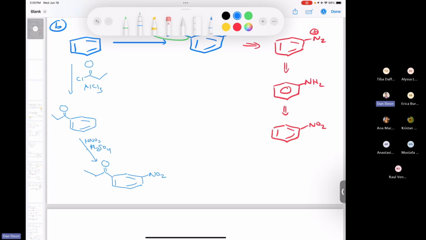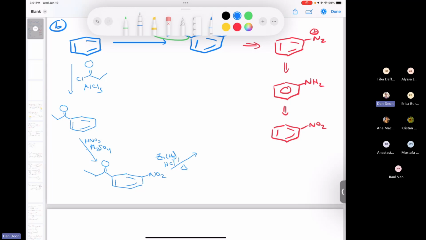Now, I looked in the textbook, and it says that if we do a Clemmensen reduction, it's going to reduce the nitro group as well. If you did them both separately, it's totally fine. But you know that there are so many different ways to reduce a nitro group. It usually just involves a metal and some hydrochloric acid. So I'm just going to do a Clemmensen reduction, which is the zinc mercury amalgam in HCl,